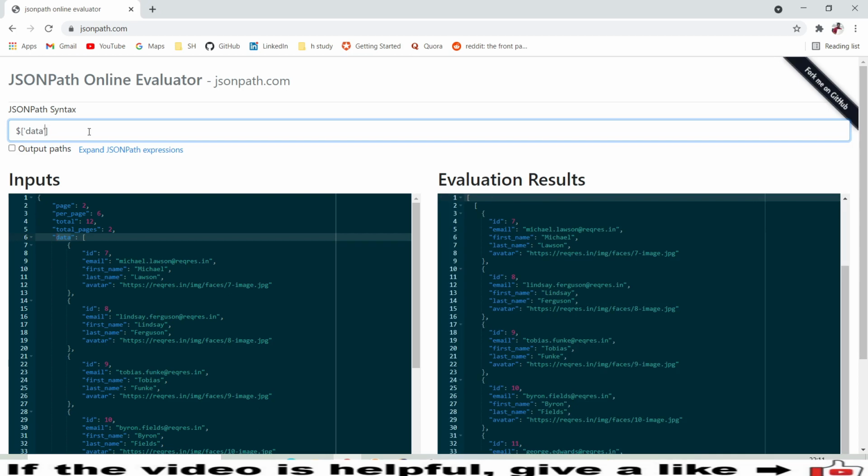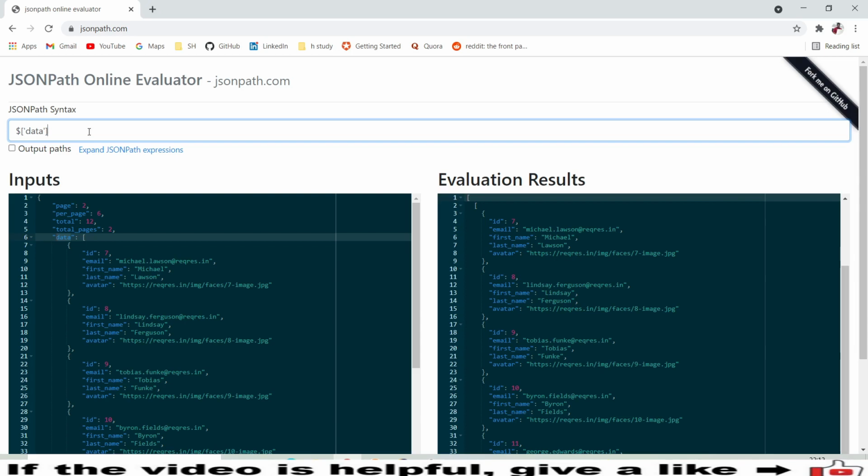Either you can use a dot operator or you can use these square braces. Under that you provide a string kind of parameter. So you can put it like this also. And after that you have a wildcard option in this JSON. That wildcard plays a major role here. So what is a wildcard here? Here I have a JSON array. Under that array I need to retrieve all the ID information I have here.